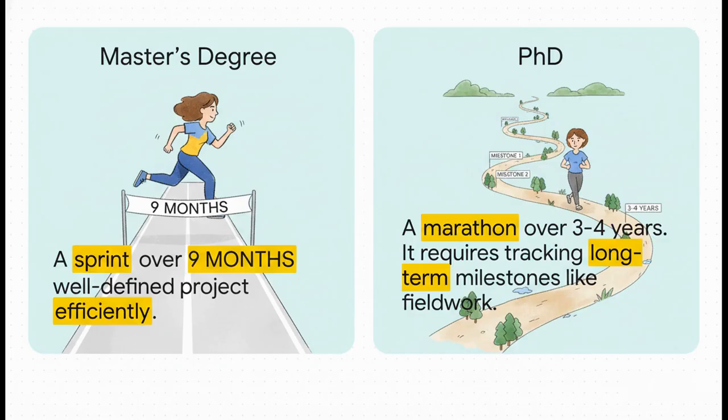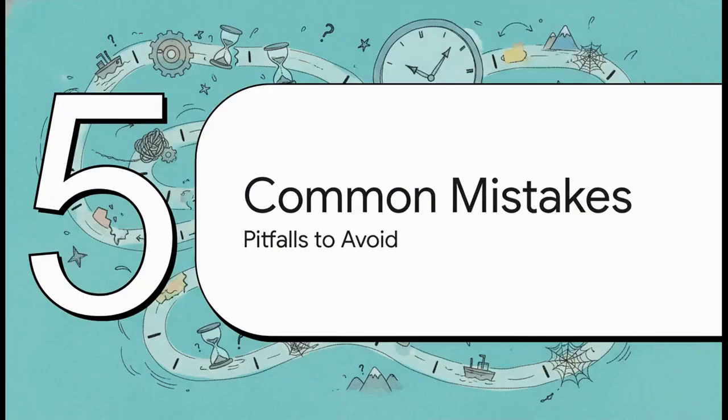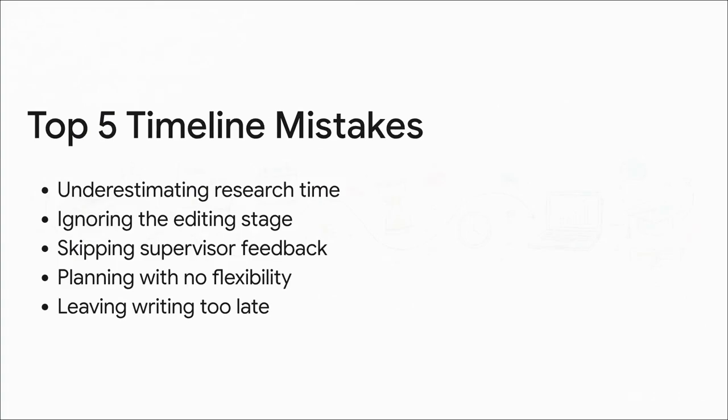of revisions. Okay, so creating a timeline is a fantastic first step, but actually sticking to it means you have to be aware of the common traps that can derail even the best laid plans. Here is the crucial point, so listen up. Don't just plan for the research and the writing. You have to schedule time for revision and proofreading too. Ignoring the editing stage or creating a schedule that's way too rigid is just a recipe for panic. And oh my gosh, leaving all your writing until the very end, that is a surefire way to tank the